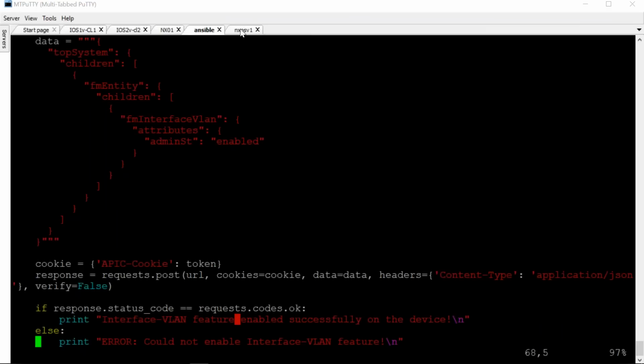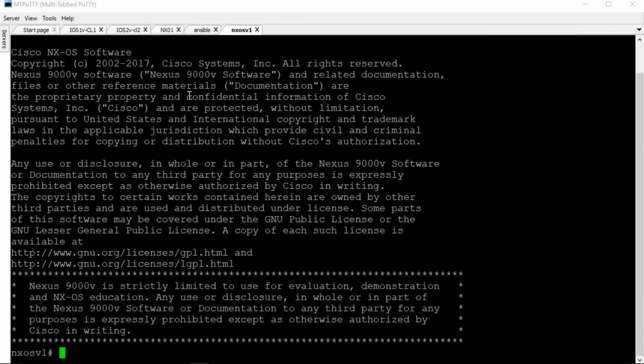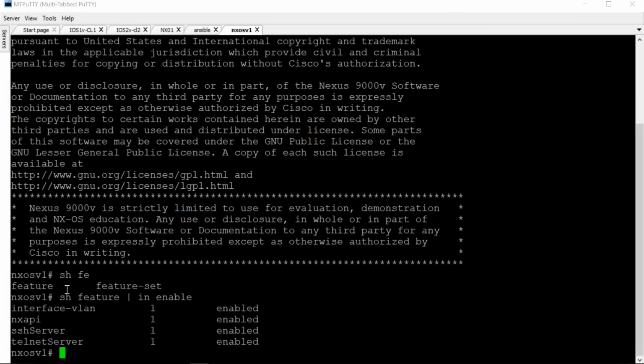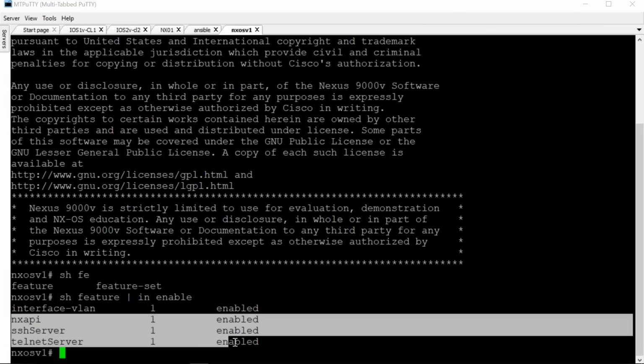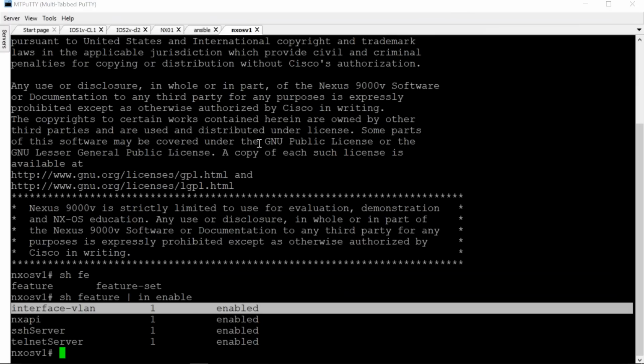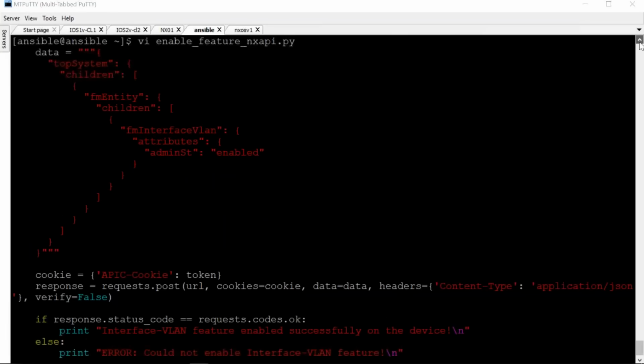Correct. So now what I can do here, I can go to the Nexus box. Let me log in here by CLI. I can check show run, and I can do show feature and include enable, because remember last time what was enabled? Last time we have enabled NXAPI. Now we have successfully enabled the interface VLAN from the NXAPI, and this is one type of